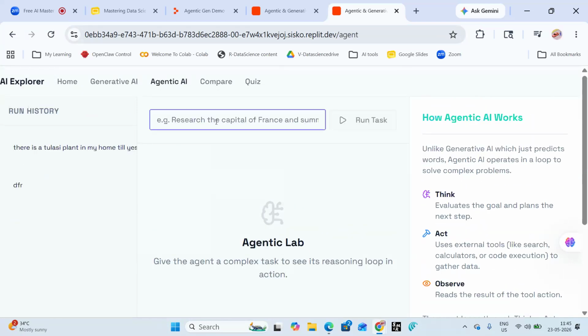Give me anything you want to research. I want to research how to get jobs in data science and agentic AI.